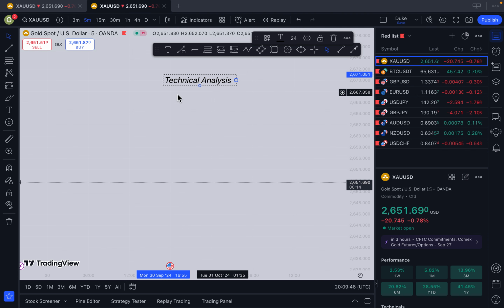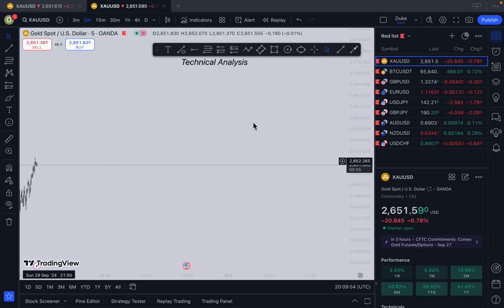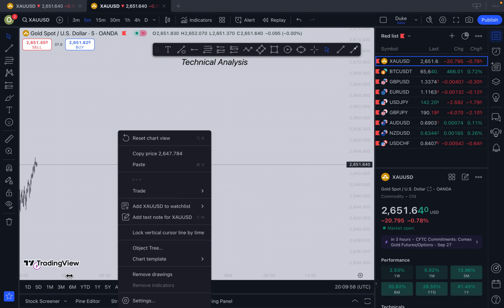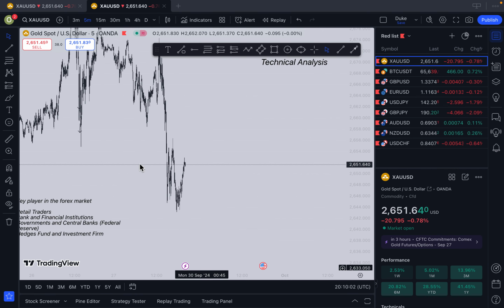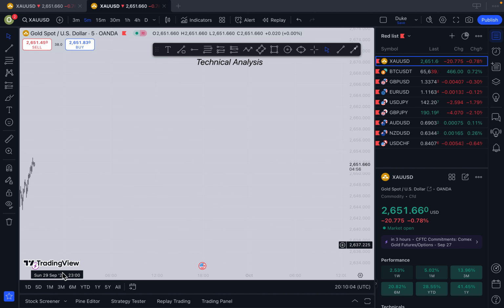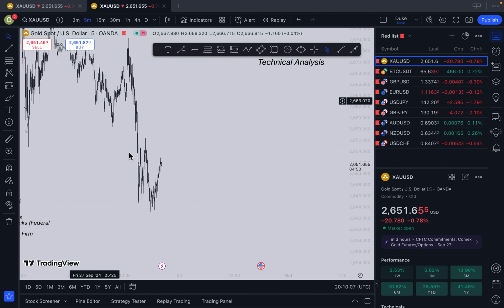We have our chart, which is the visual representation of an asset's price over time. This is a chart. Let me go back. Can you guys hear me? This is a chart, as you are seeing it right now. You are seeing the candlesticks going up and down. It is what we call charts. Everything here is chart. Then we have our